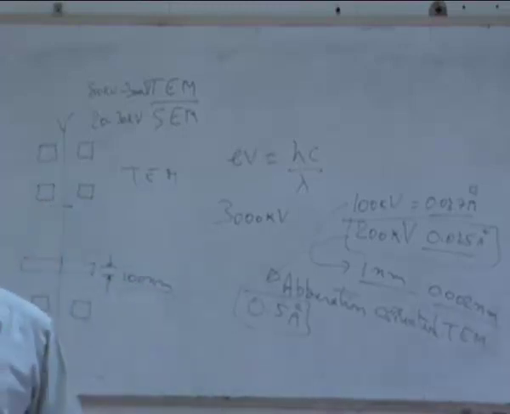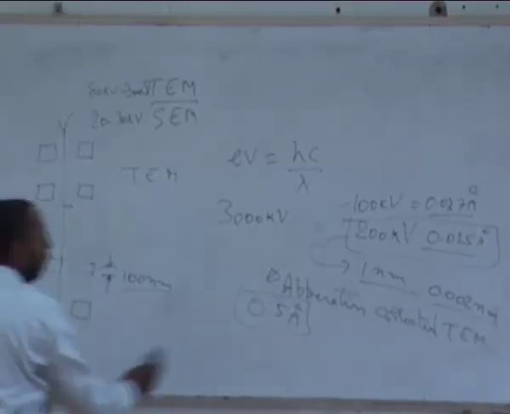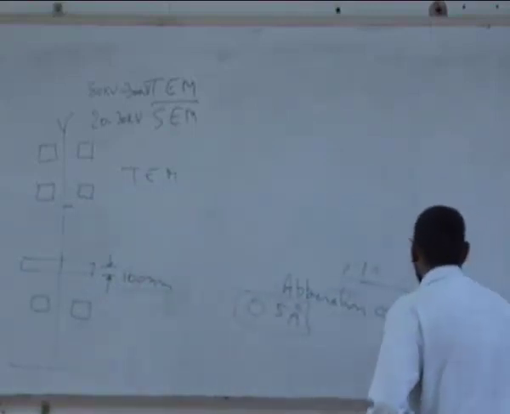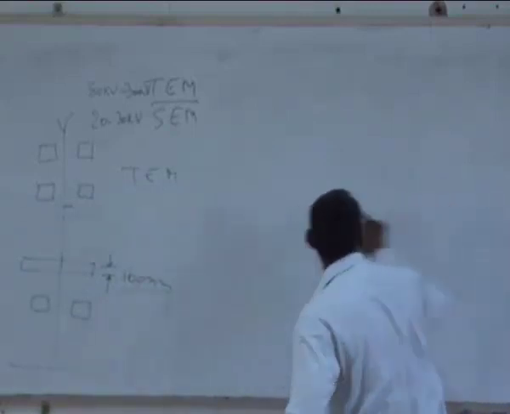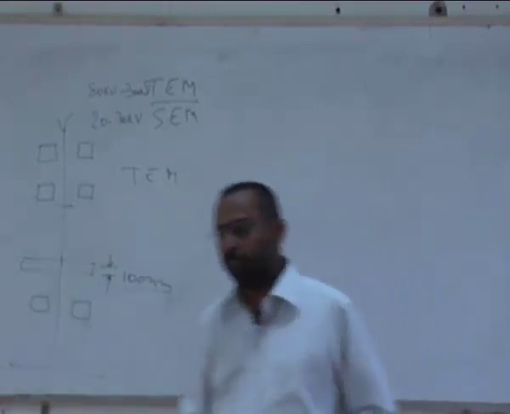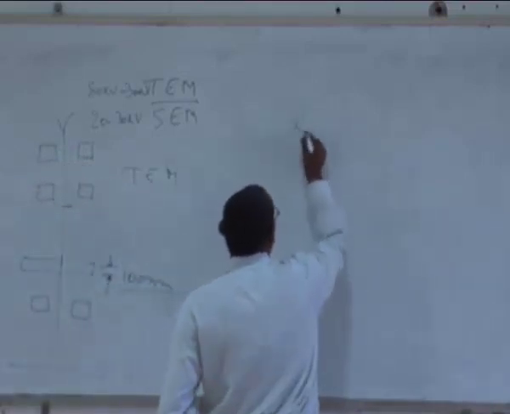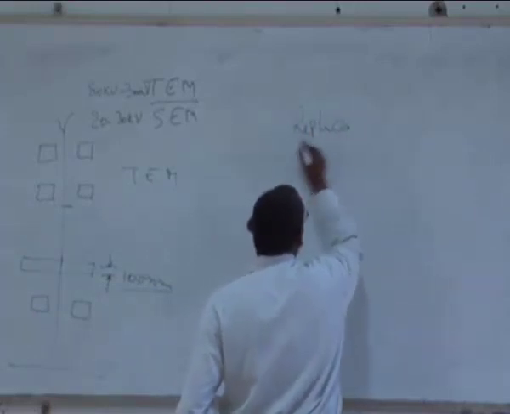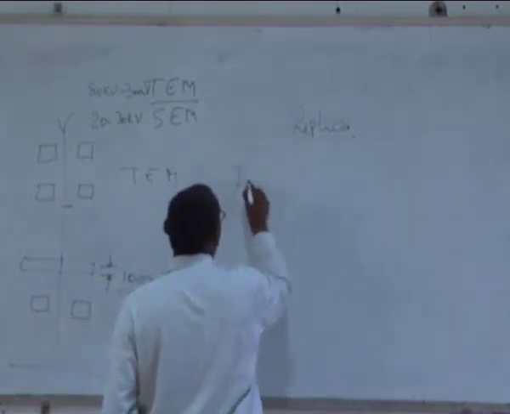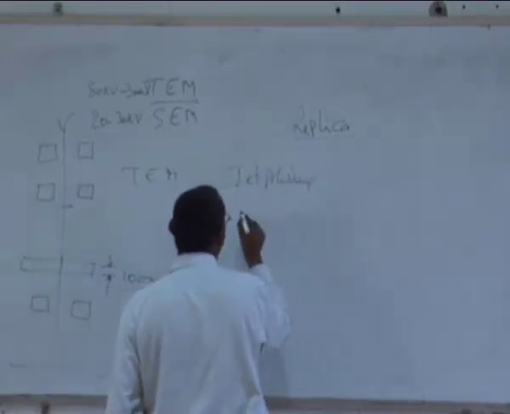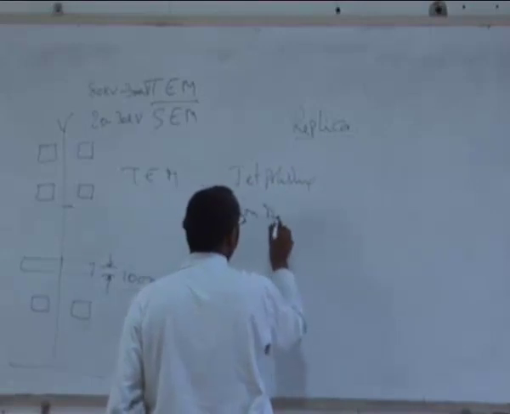So in the last class we talked a lot about how to prepare these samples. There's one point which I missed out talking in the last class about the sample preparation. Traditionally, I should say, historically, possibly I should mention that people were using techniques what are called replica techniques. All the techniques that I talked about yesterday, for example, whether it is jet polishing for conducting samples or ion milling for non-conducting samples.